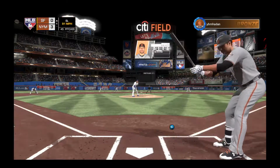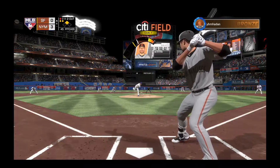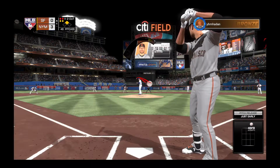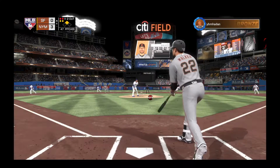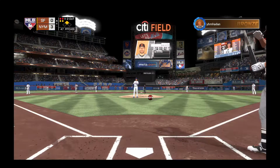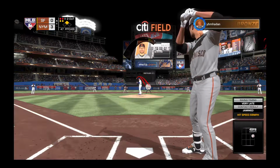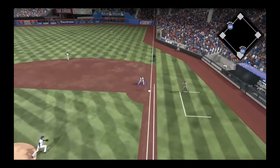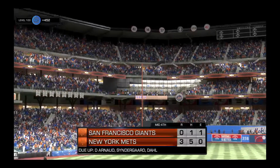Now he's 0-2. And 0-2, choke up a little bit and try to put the ball in play. You just got to be in battle mode right now. You know, I'm not sure he didn't throw that pitch out of the zone on purpose. They've been swinging at pretty much everything he throws, so why not give it a shot? Looked like he just tried to do too much with that fastball right there. He overthrew it a little bit. That's pretty much the case when you airmail a fastball like that. He's clearly looking to hit off the fastball and adjust. That's a pretty good swing after seeing 2. And we'll have to leave it there as the play is made here to end the...